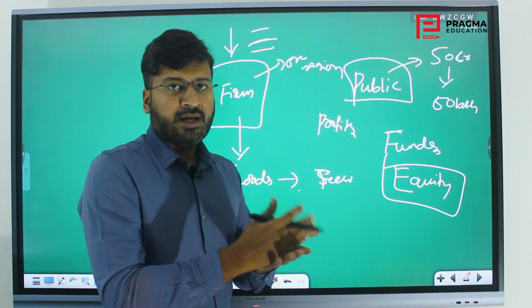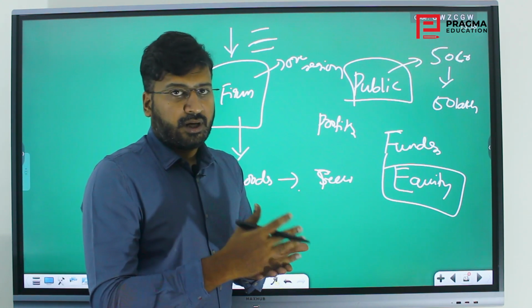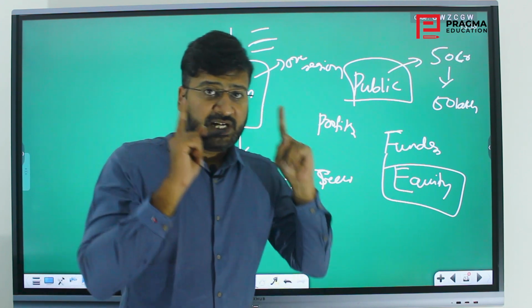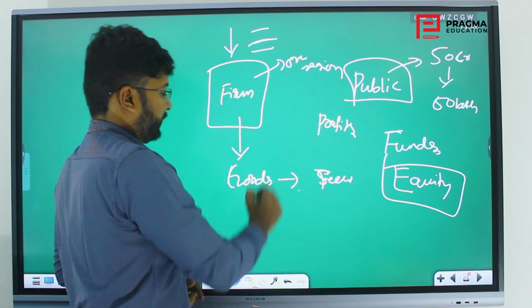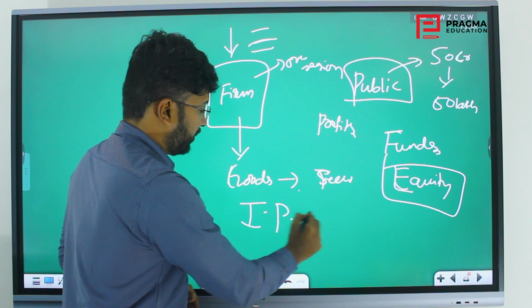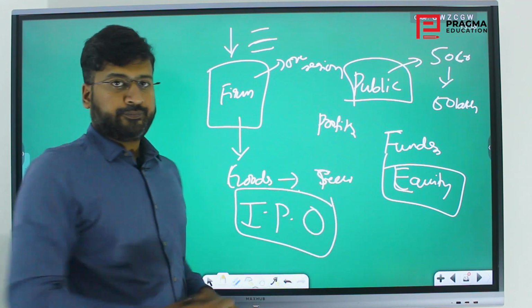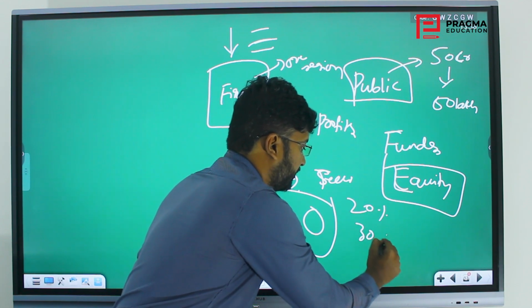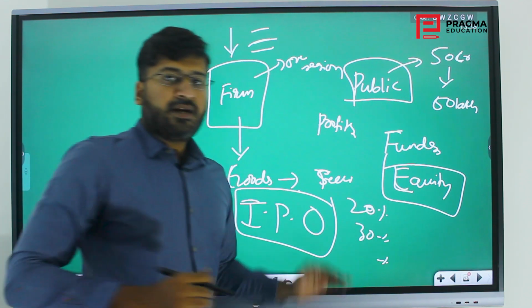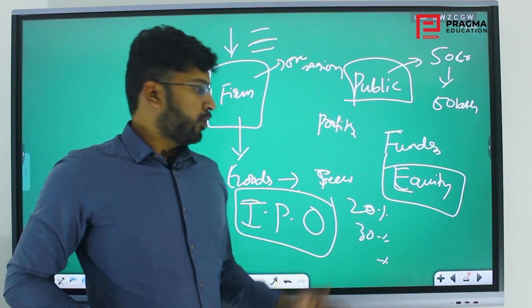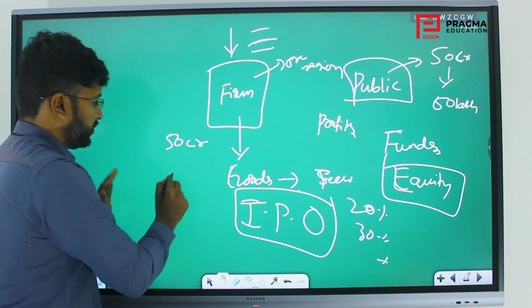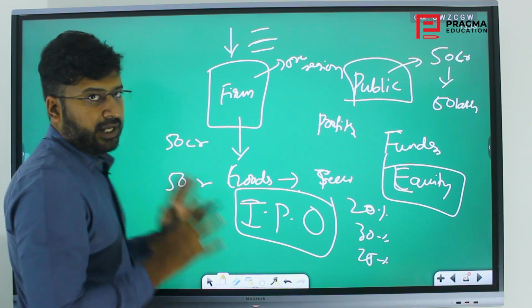Equity is one of the most important securities market instruments. When you divide the whole valuation and go public and you sell shares, that is equity. When you sell it for the first time, it is called an initial public offering. You may divest only 20%, 30%, 25%. Then again you may go more public. First we will release only 50 crores. Next you will release another 50 crores, like that.